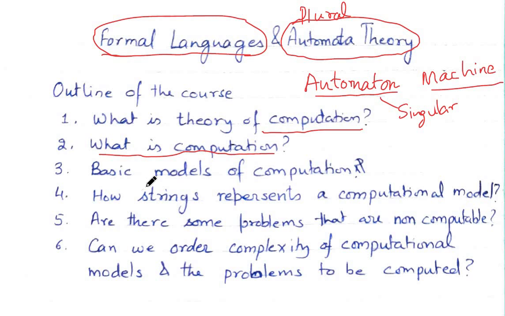And we are also going to try to bridge the connection between these two. So these are the strings and these are the computational models. We want to know what kind of strings can be generated by what kind of computational model, what kind of mathematical machine can generate these kinds of languages, or what kind of machine can recognize some of these languages. So these are the things that we are going to talk about in this lecture series.